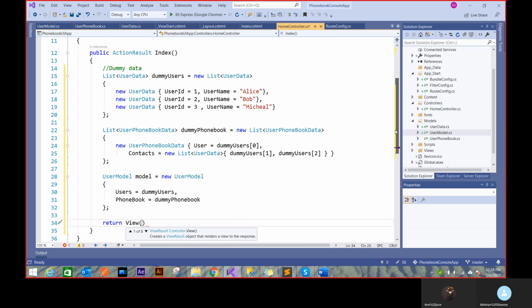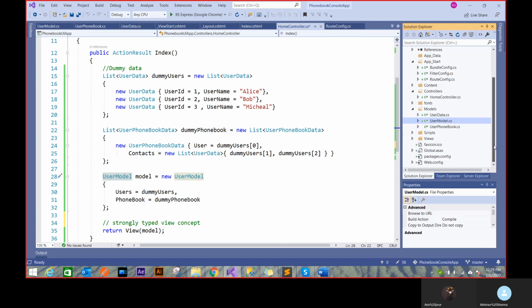And the view. Now you see the view takes an object model also. So I can pass this whole data inside my view, and then I can play around with that data inside the view. There's a way to provide view name also and view with the model. So I'll just provide this model of user inside my view. Now my view doesn't really know that it is rendered with the model. So I'm going to use something called the strongly typed view concept. Basically, that means that my view will be a strongly typed view. It's going to be created on this user model.